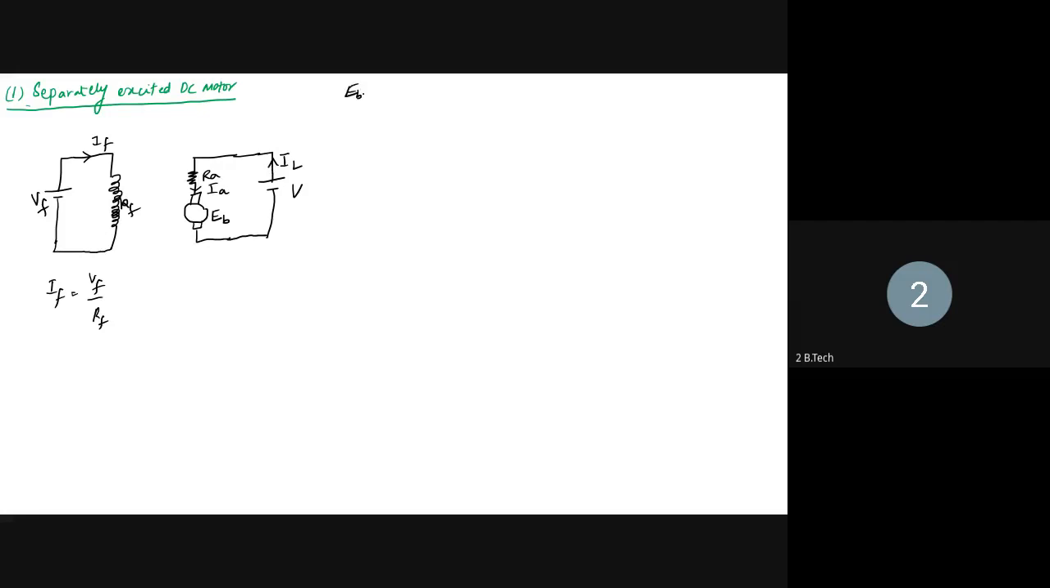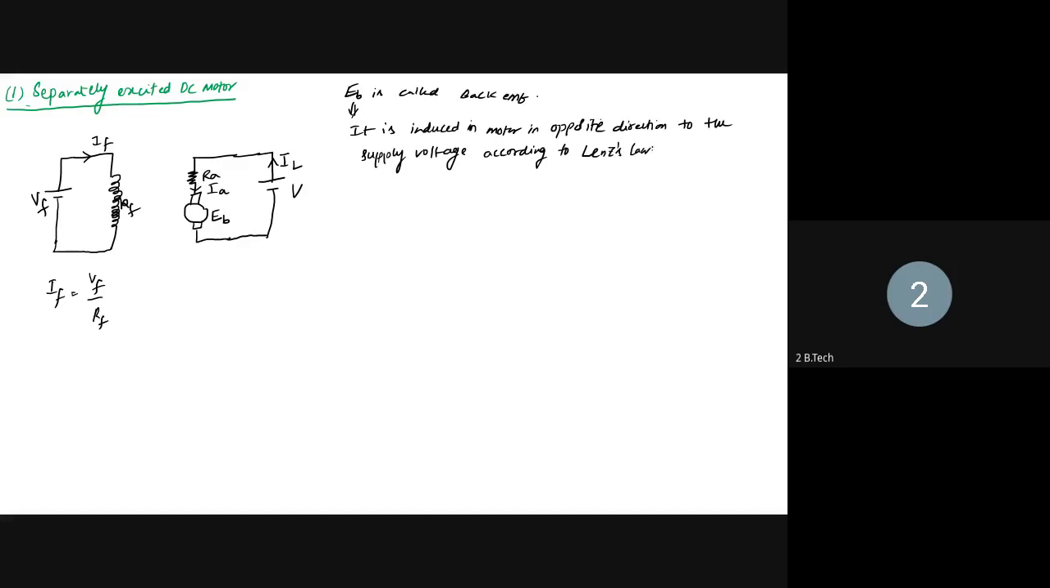So EB is called back EMF. It is induced in the motor in the opposite direction to the supply voltage, according to Lenz's law, right? Inducing EB in the motor is called